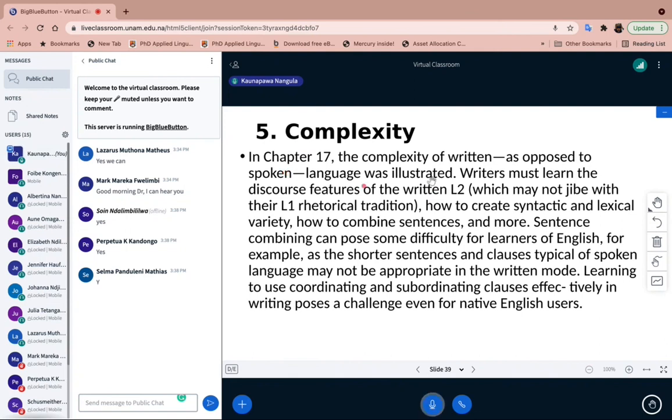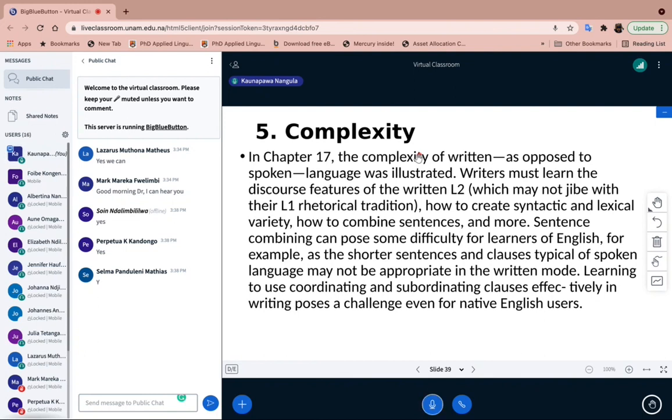We know that when it comes to speaking, I don't know if you have noticed this, it's very easy for you to simplify what you say. But when it comes to writing, you can't really. In speaking, you can omit certain words, you can contract words,